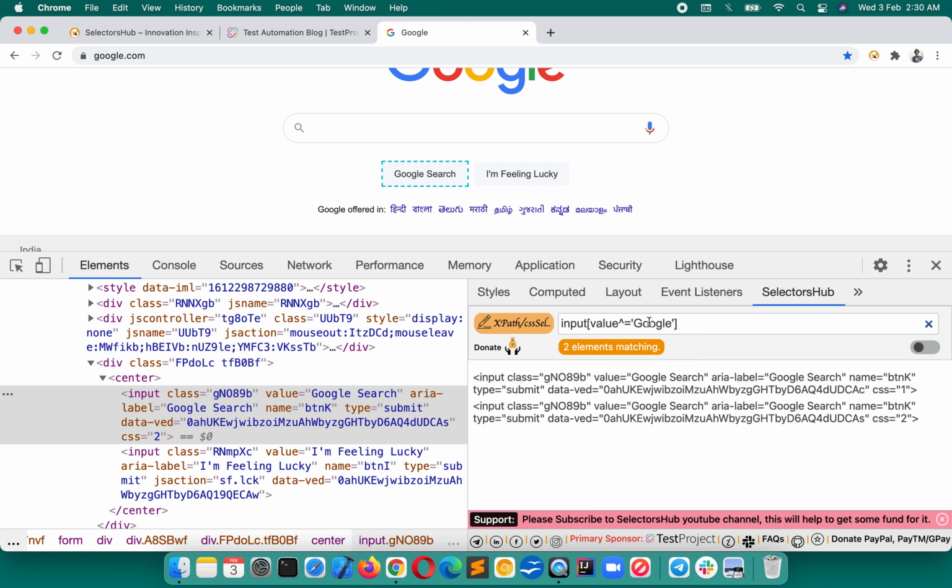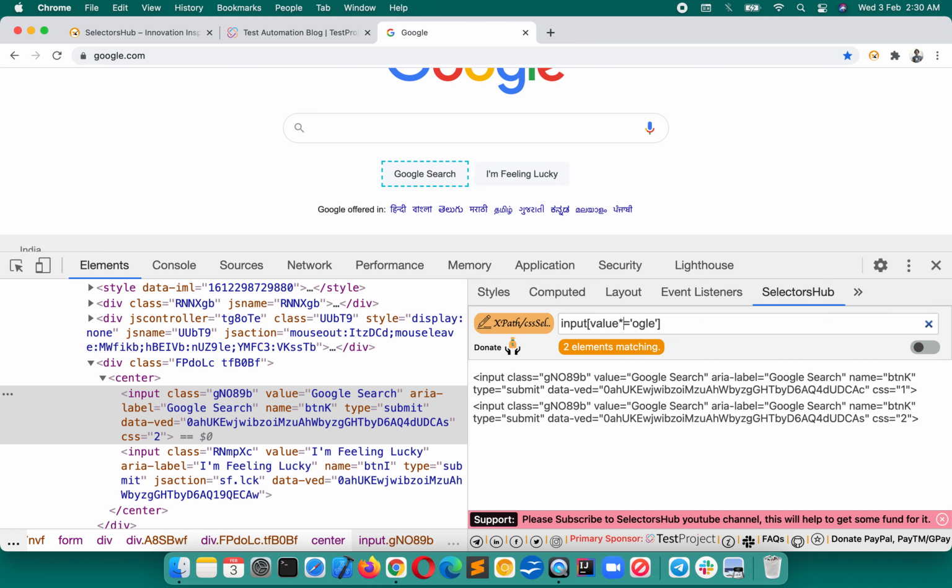Suppose we have to write the CSS selector in which we want contains. So let's say we remove this Go and just want ogle, then in place of caret, if you have caret, then it will not work. Now you will have to use star. Press enter, then it's showing matching nodes.